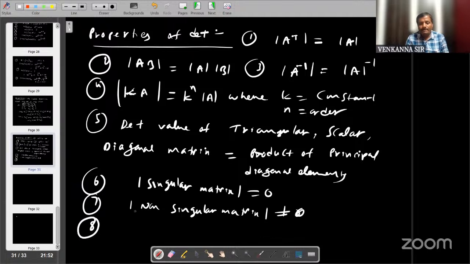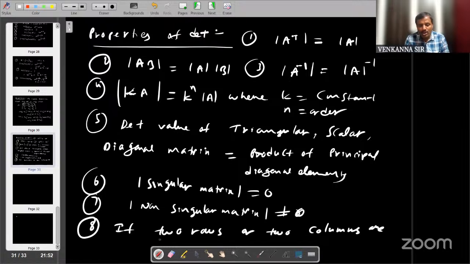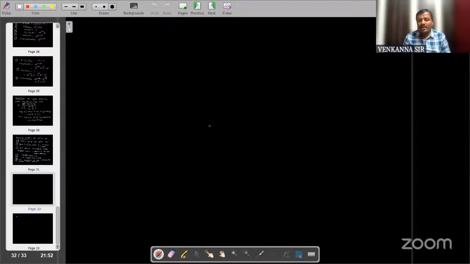Eighth property, if two rows or two columns are similar, then what happens here? Then the determinant is straight away 0. If two rows or two columns are similar, the determinant value is straight away 0. Yeah, coming to the next property,